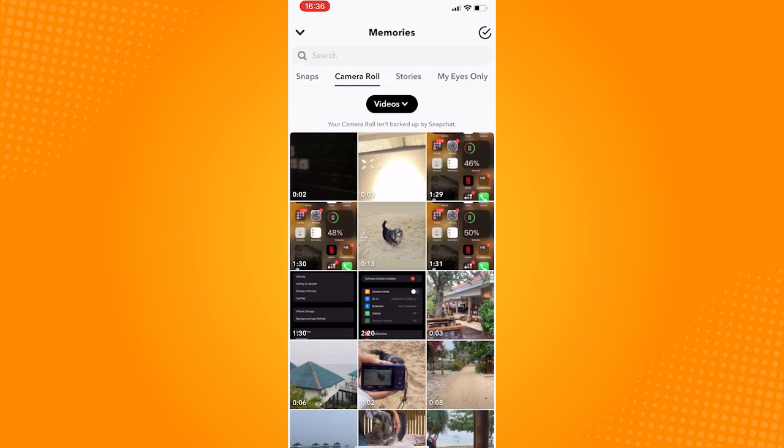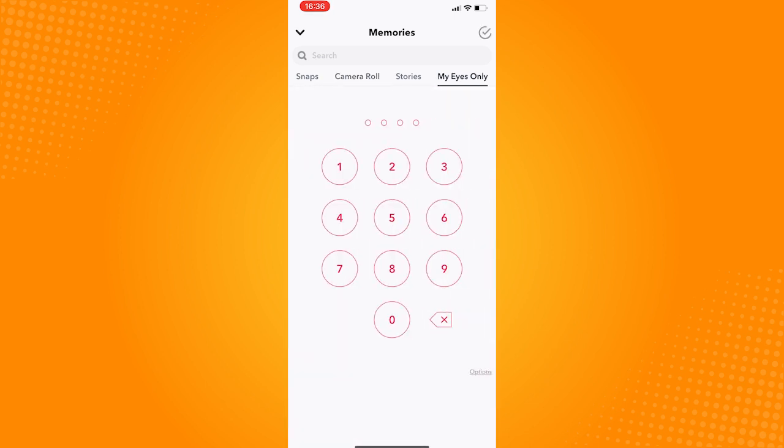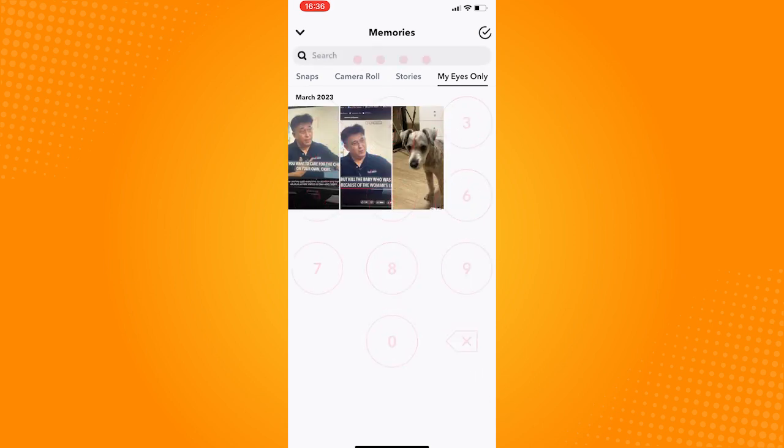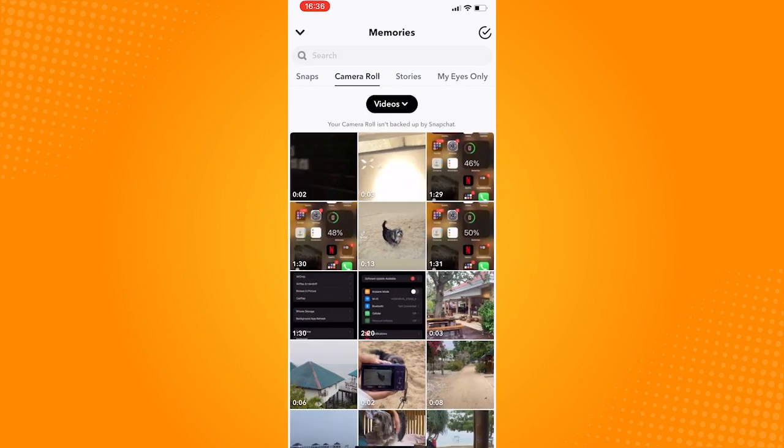This has all the photos that you have on your phone, but you have the option to hide these on Snapchat. To do that, go to My Eyes Only. Here, you need to set up a pin first. After setting that up, you can go back to the camera roll and choose to hide the photos that you